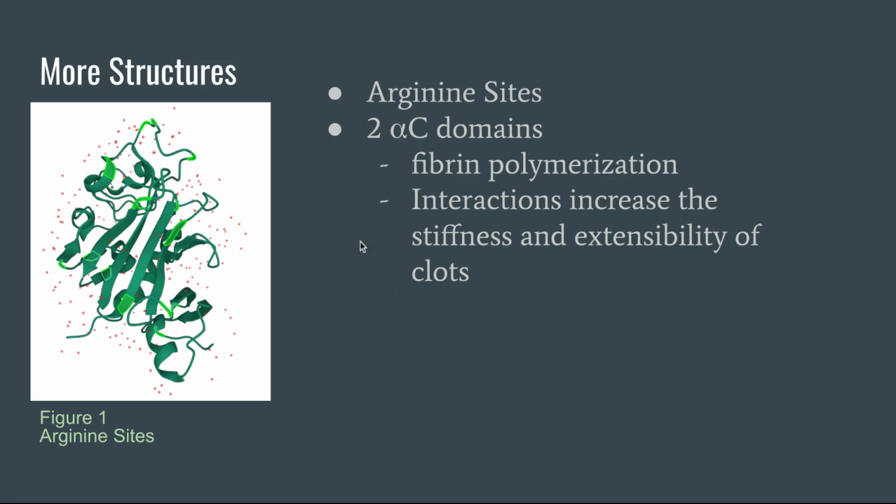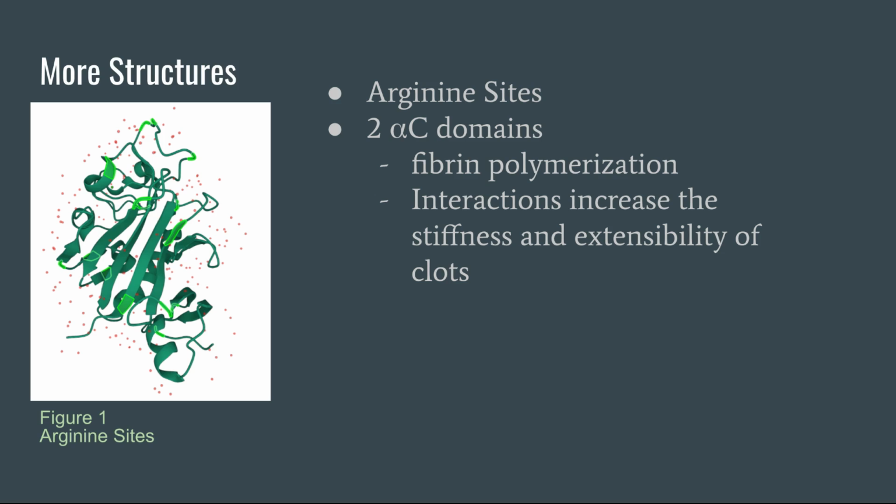Okay, so some more important structures to know about on the protein molecule are these highlighted segments, which are the arginine amino acids, and that is where the thrombin will attach to the fibrinogen to cut it into pieces. There are also two alpha carbon protein domains that are present on this molecule. I don't have them highlighted, but the importance of these is that they